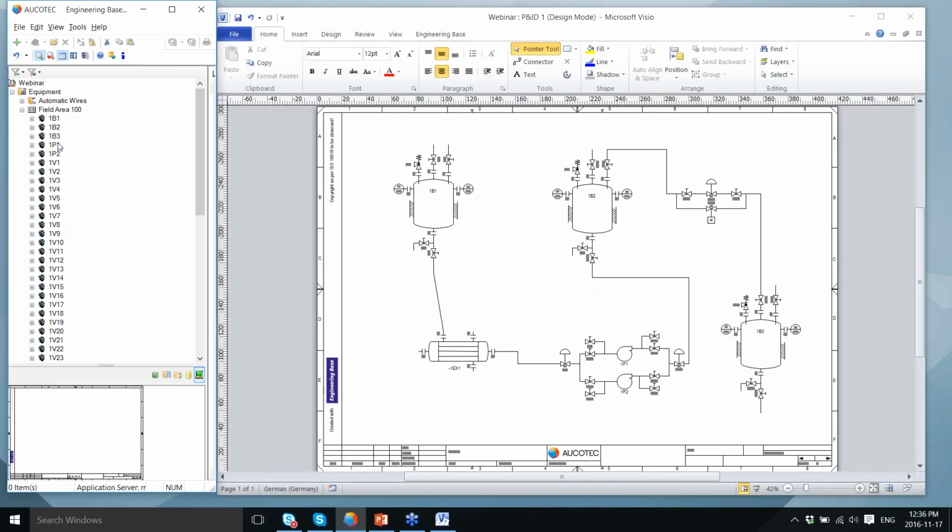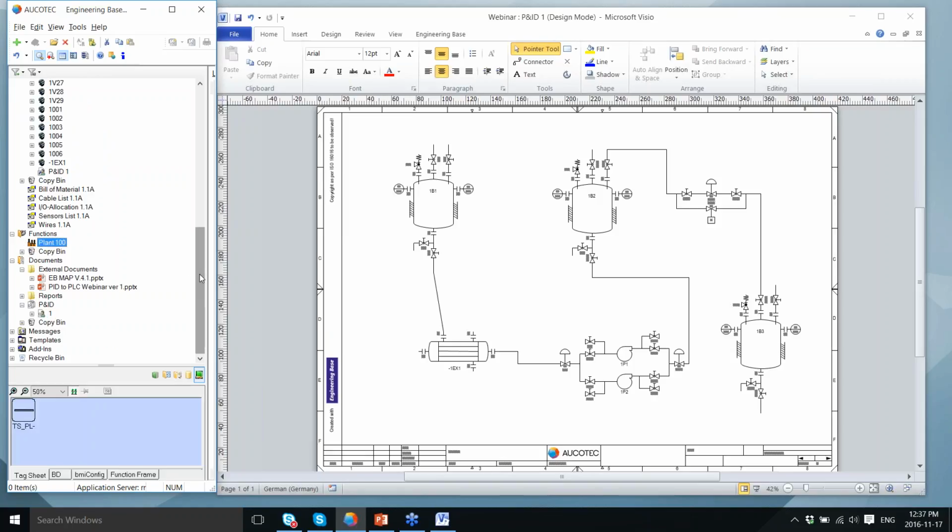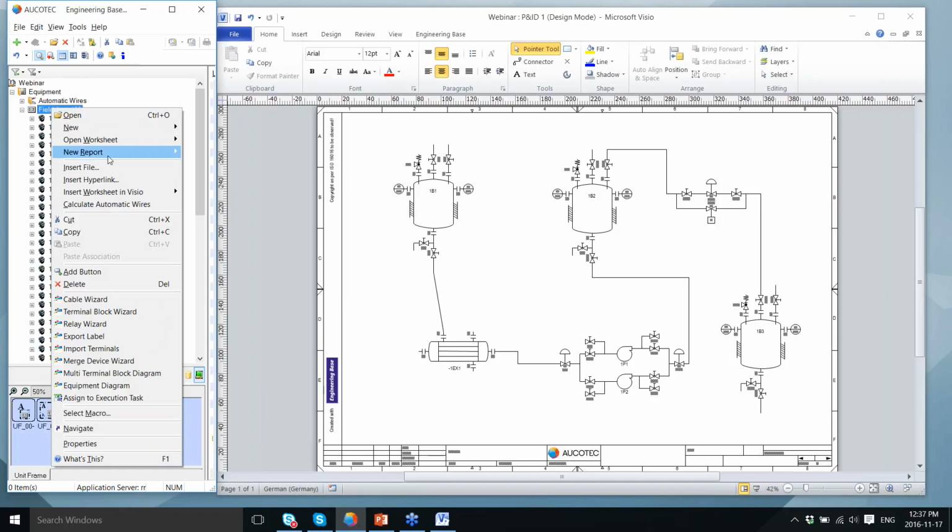So while I was doing that, my objects started to populate within my field. I can see there's a number of them if I expand them. I can see that there's nozzles here. I can see there's process connections. And you'll see this start to fill out more and more. On my plant side, there's no functions yet, but we're going to work on that in a little bit here. So I'm going to open a worksheet, and these are all